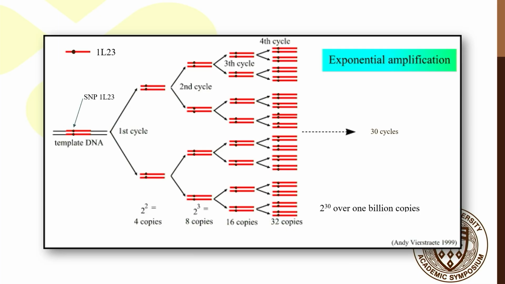So here's an example of what I'm talking about in the PCR, and I'll be using the laser pointer for the image here. The black dot here is representing the SNP alongside the region that we are looking to amplify. And then towards the middle of the image, you also see the holistic DNA with everything in it. After a couple of cycles, what we are looking to do is just to amplify that red region that also has that SNP with the restriction enzyme baked in. After about 30 cycles, we will have over 1 billion copies of this amplified DNA region.